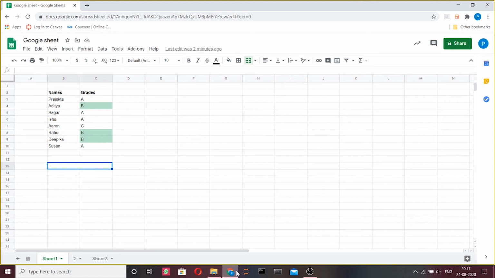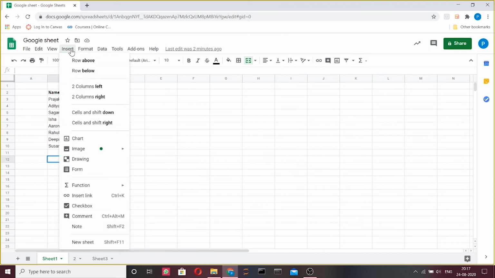Our next topic is how to insert links in Google Sheets. Let's take a look at how to add hyperlinks using the Insert menu. For this, we first select the cell we wish to insert the hyperlink into. Then, we go to the Insert tab on the menu bar and select Link from the drop-down menu.